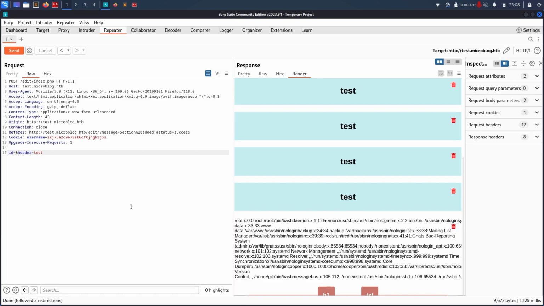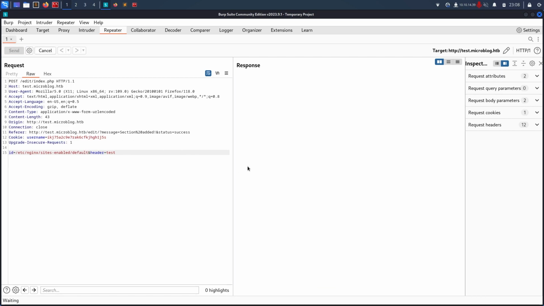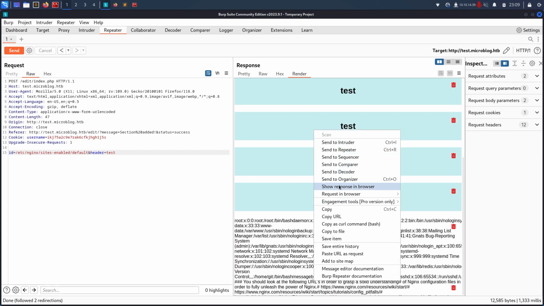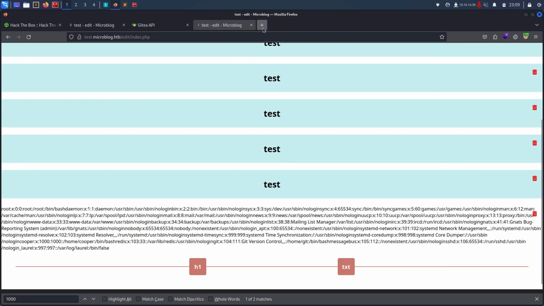And the other thing which I do is normally seeing the web server files, so some source code or PHP filters or those sort of things. So right now I know this is Nginx. So what I can do is I can try to read the Nginx configuration file. So if I do etc, I think that is nginx, and then it is slash sites-enabled slash default, send, and I think yes, at the bottom I can see. If I show response in browser, let's come back over here,